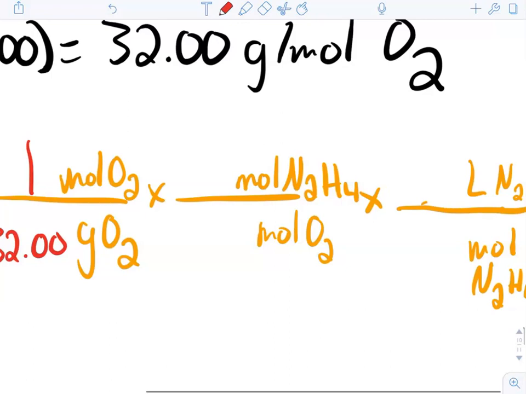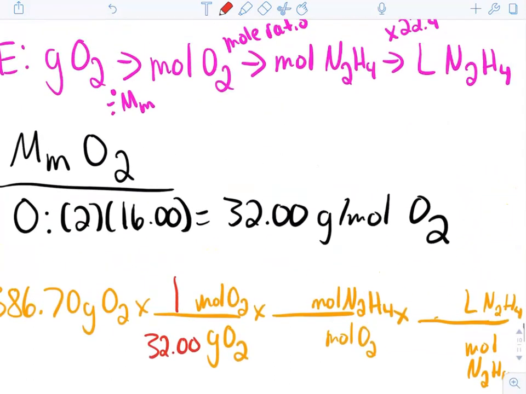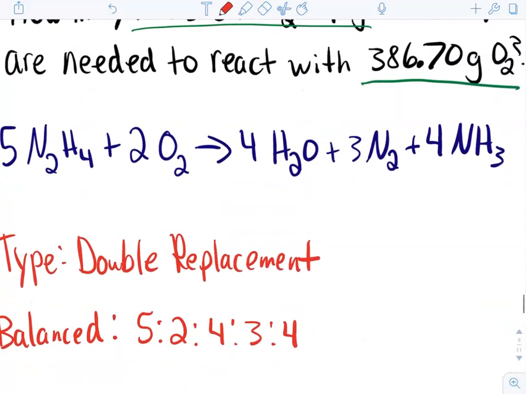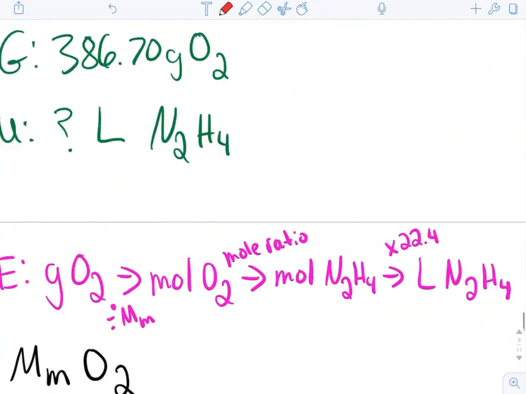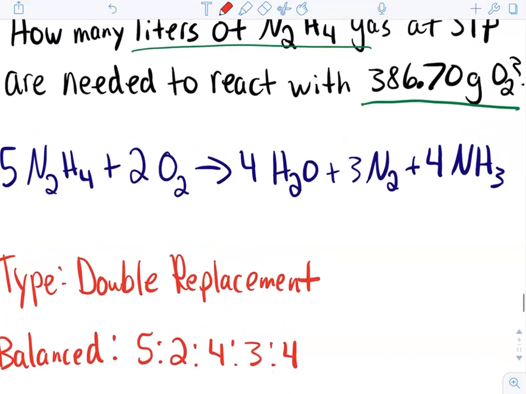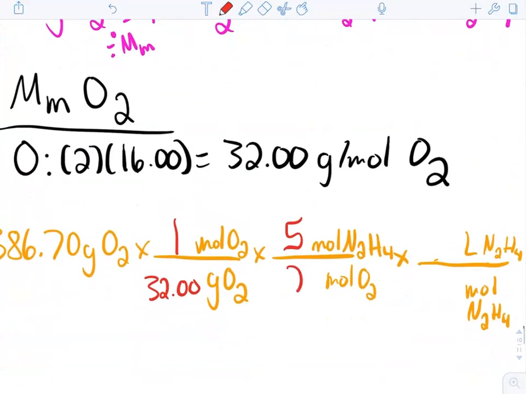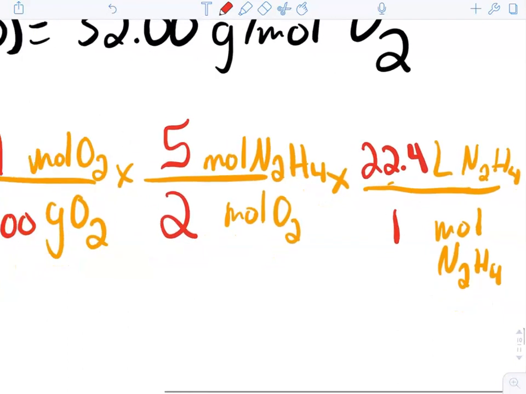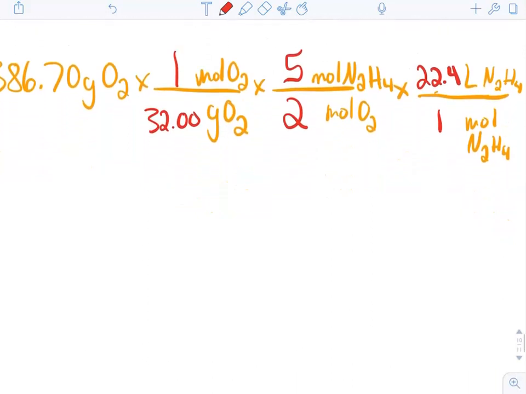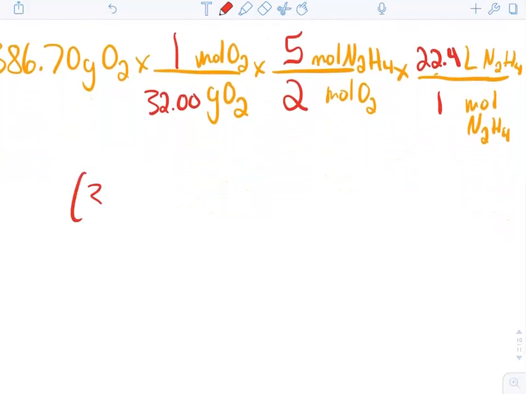Here, this is going to be my mole ratio, where it's mole over mole. So I have a 5 in front of N2H4, and then I have a 2 in front of O2. And then here, 1 mole is going to be 22.4 liters. So then we plug this into our calculator, and remember